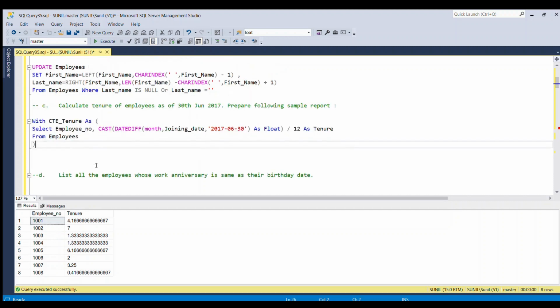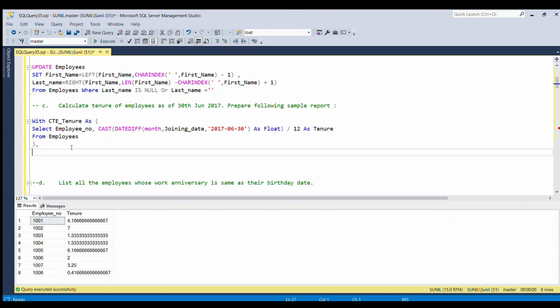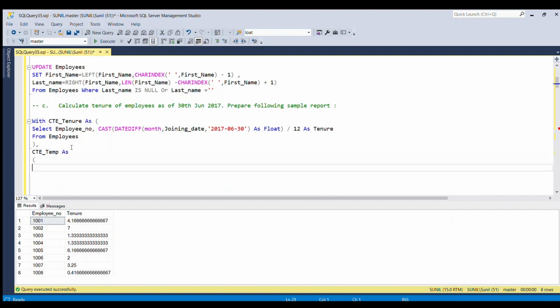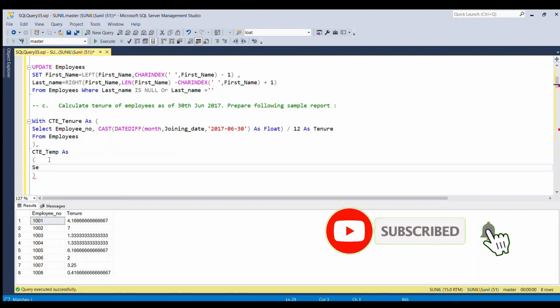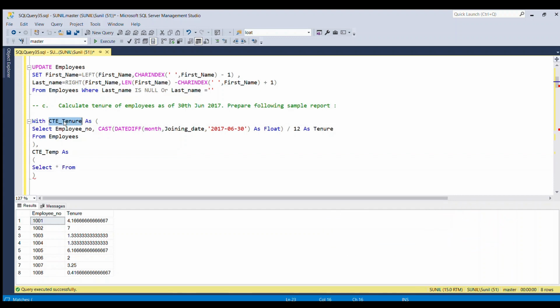Now we have to write the query for the reporting part. So I'll give comma here, and then I'm going to give another alias, let's say CT_temp, and then I'm going to write as, and after that I'm going to start the bracket and then close the bracket, and within this bracket I'm going to write select star from CT_tenure table, and after that I'm going to replace this star with employee number,